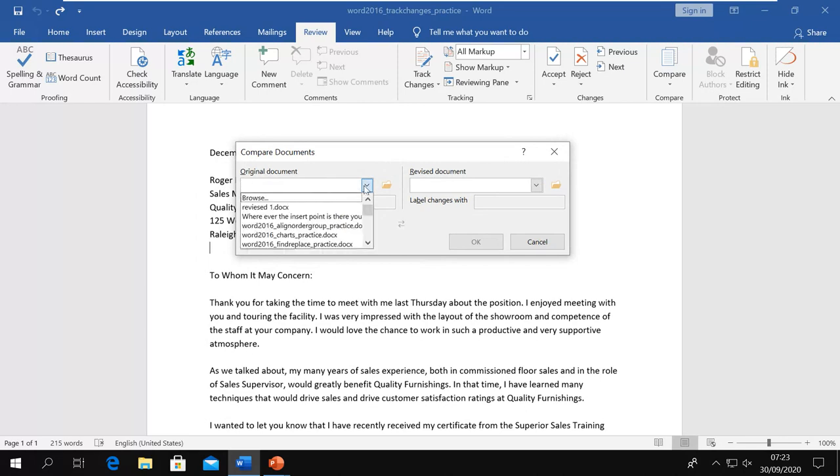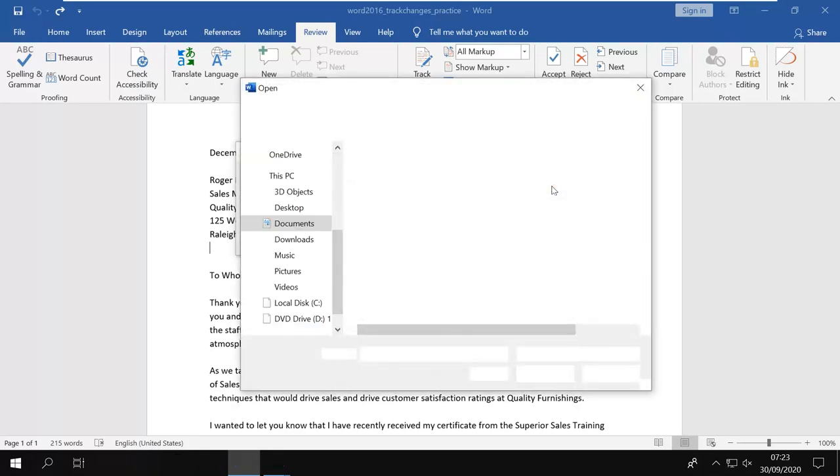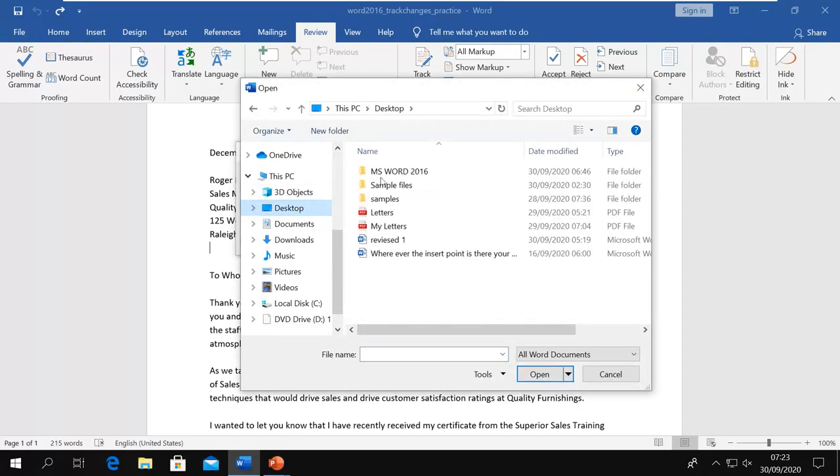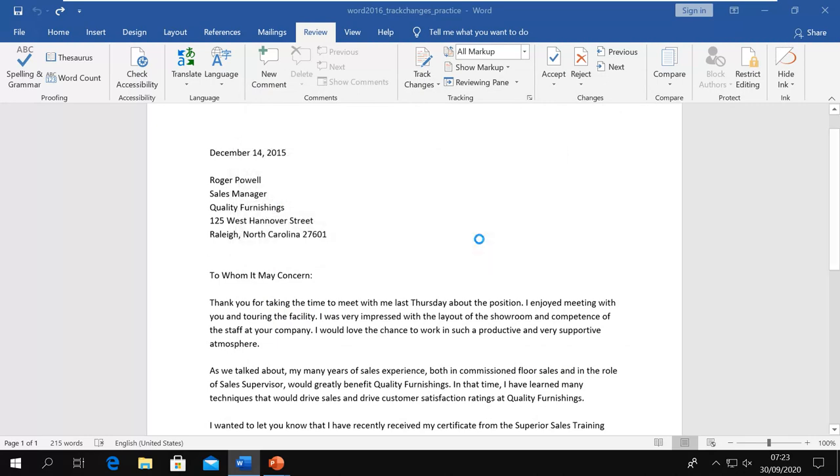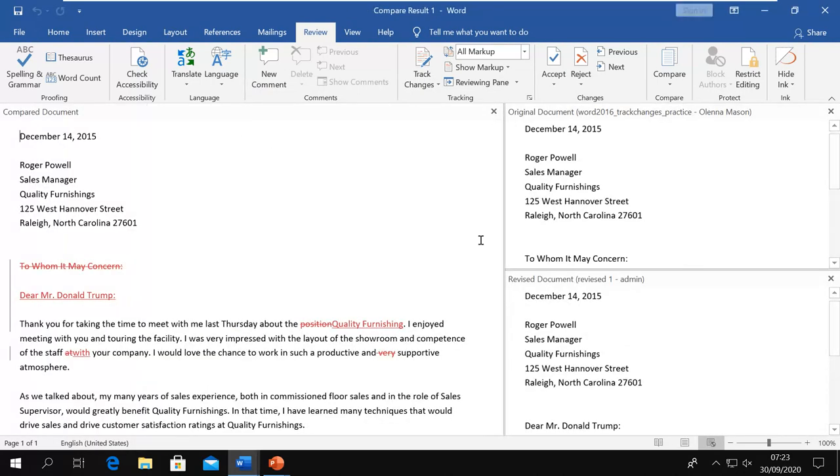My original document is this one, and for the revised document, I will browse. It is on the desktop, this one. After selecting both versions, click OK, and now you will see this.